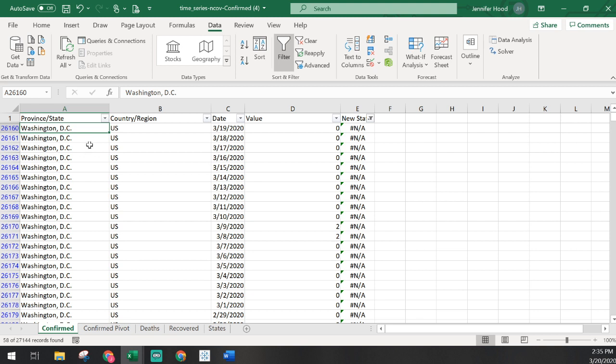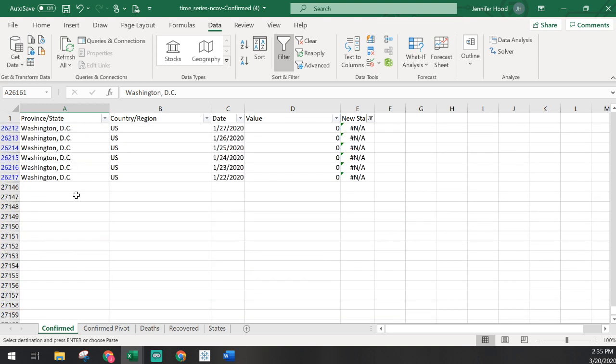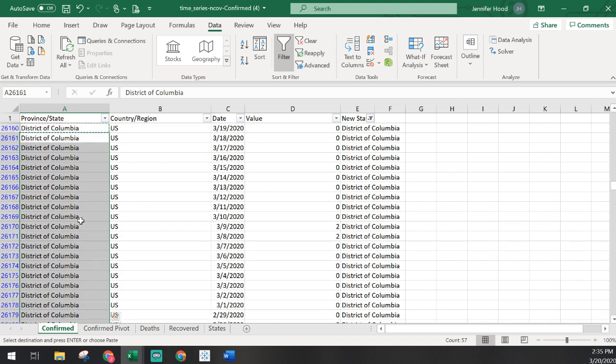I just manually changed Washington, D.C. to District of Columbia, did that in here, and then copied it down through all of the ones there. We could probably add this lookup into our states table.